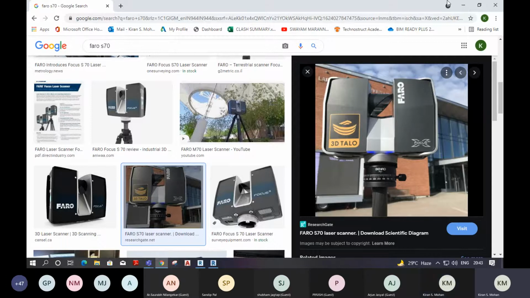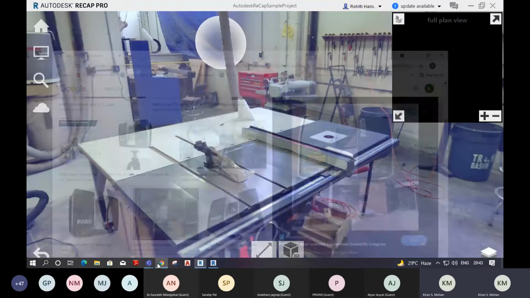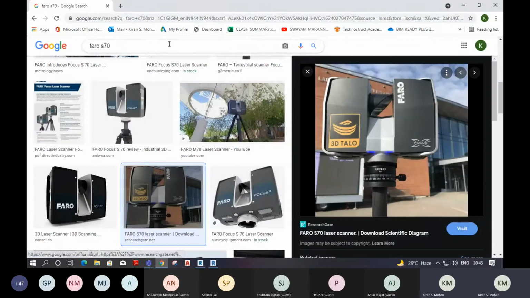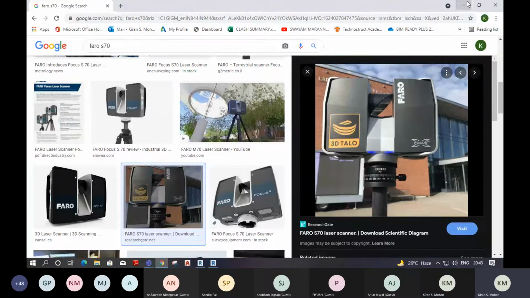Okay. And this is not the only company which is producing this laser scanner. There is Faro, there is Leica, and Z&F. There are a lot of companies who are producing this equipment. Leading companies are Faro, Z&F, Leica and Trimble. These are 4 main companies who are producing this equipment. And they have their own software also.